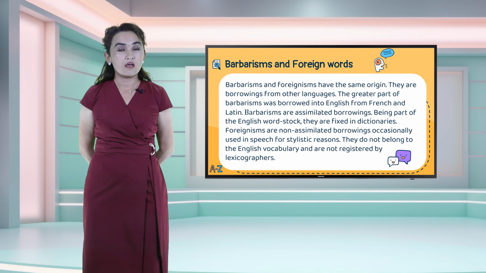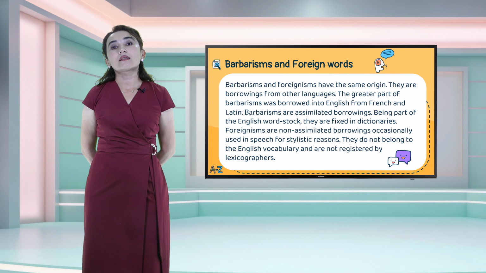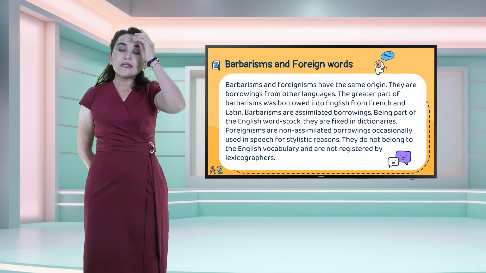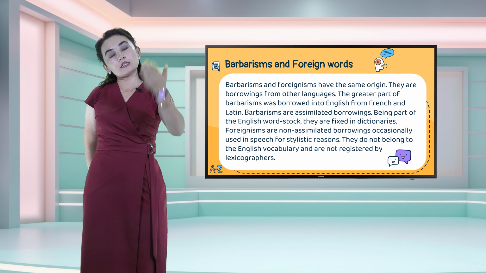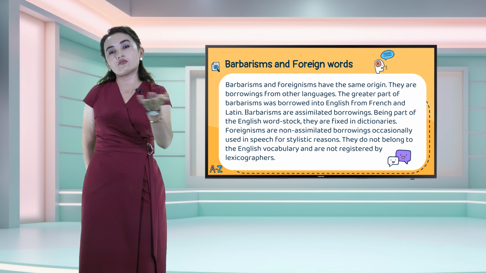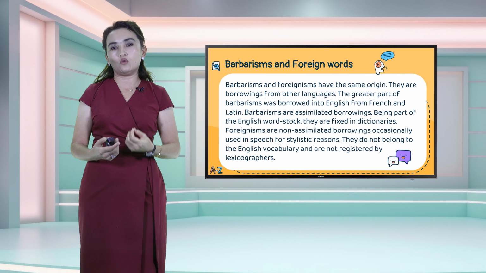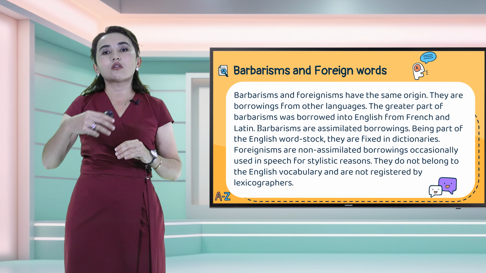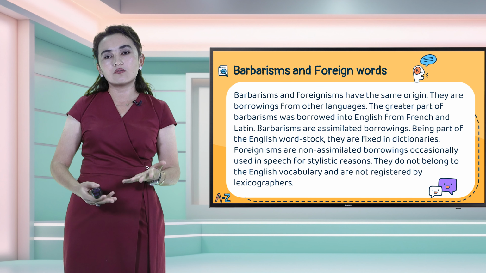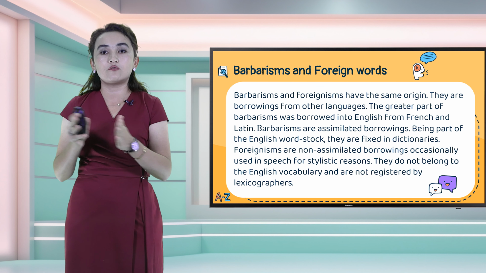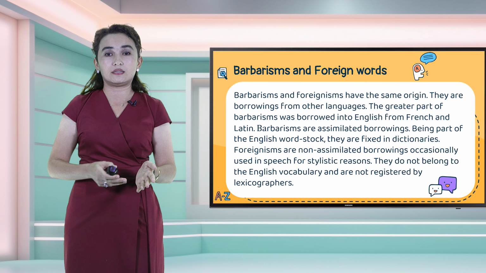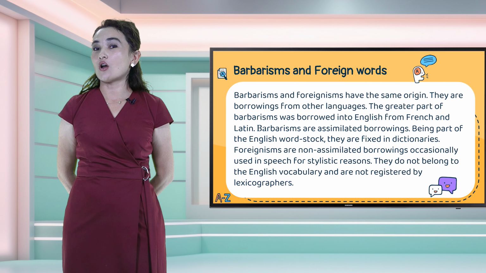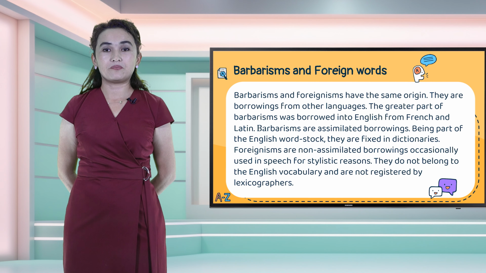For example, dup, atlas, adras, these kinds of words. English people or any other international people can understand these words. Yes, maybe they can write this word on the internet to surf the internet and find some information about these phenomena, about these objects. But these words are not registered in the English dictionary because they are foreign words, foreignisms.